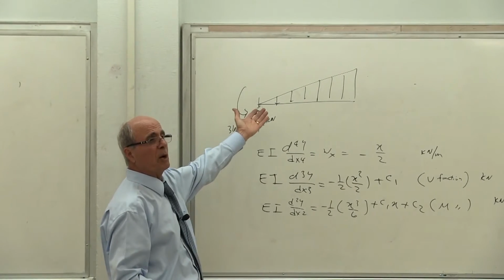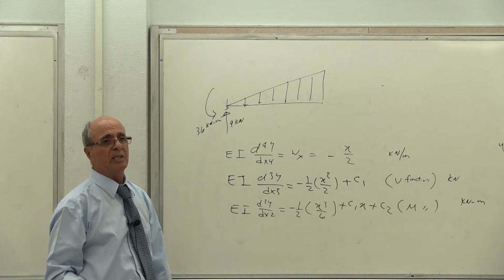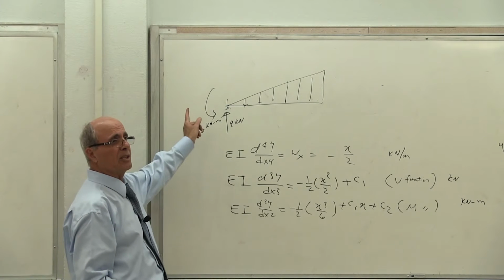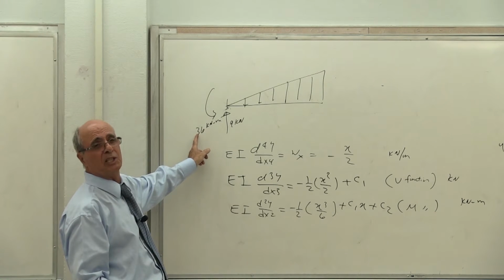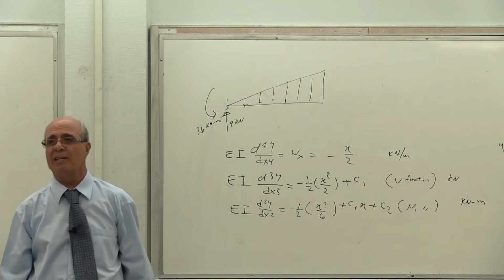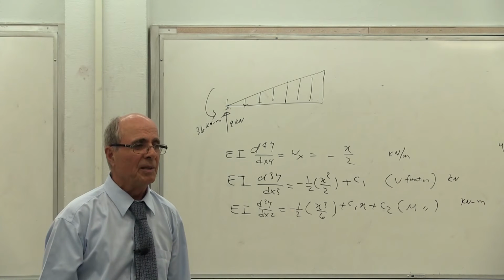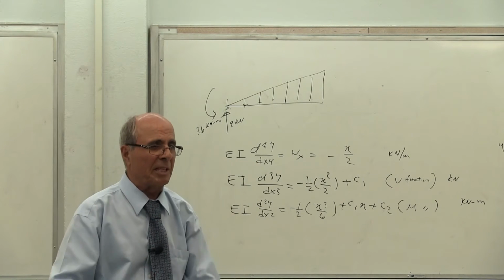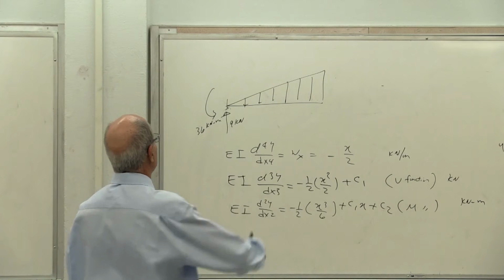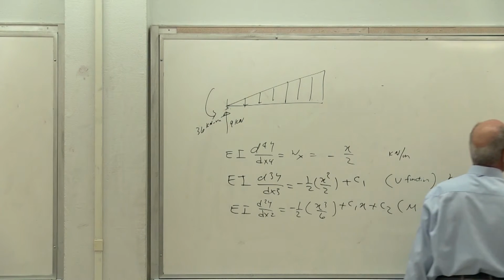Look, do you have any boundary condition as far as the shear is concerned? Mr. Nazarian knows that. What is the shear? He was using this for plotting the shear and moment diagram, so he must know that. At x equal to 0, what's the value of the shear? 9. Plus or minus? Plus, because it's going down. Is that correct or not? Look, the shear, that's how you are plotting it. Yes or no? Please write it down. These are your boundary conditions.